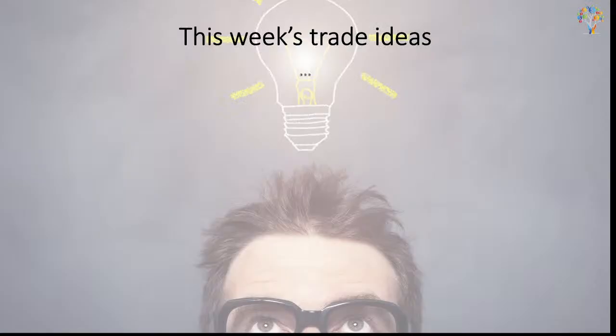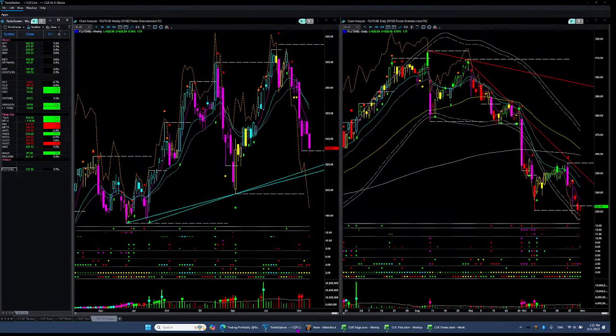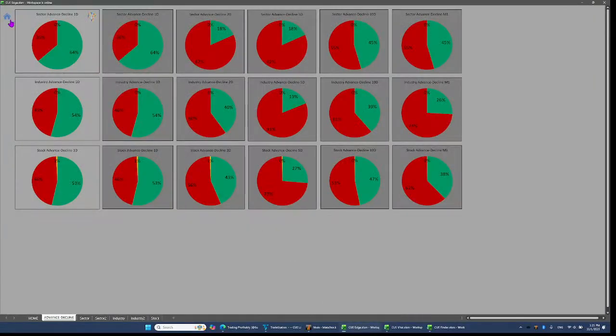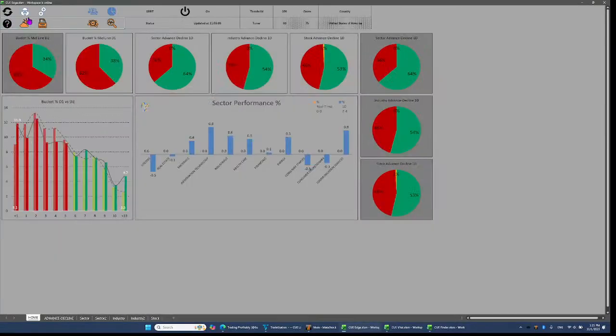This week's trade ideas, I will do a top-down analysis starting with defensive sectors, trying to find some trades, and yes, we will find some trades because I have already done that analysis. But let me show what I did. Starting with the sector scorecard,